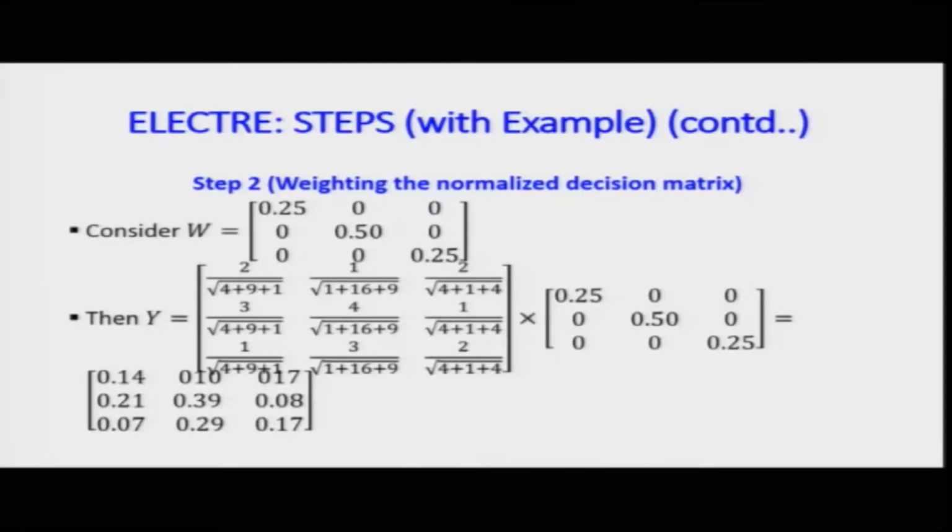So, if you consider the weights, it is given as W1 is 0.25, W2 is 0.5, W3 is 0.5, sum is 1. Now, you have the matrix where the points were given. The points were, if you remember, I am only reading the first row. First row it is 2 1 1, second row was 3 4 1, third row was 1 3 2, and